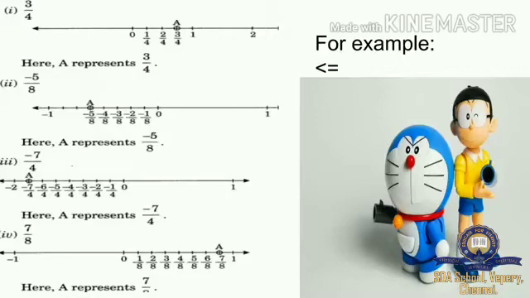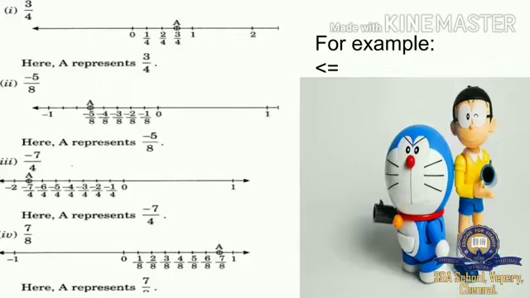If we, for example, what will be the 1 unit for 8? If we divide 8 by 8, minus 8 by 8, you should go from starting to ending like that. For example, minus 1 by 8, minus 2 by 8, minus 3 by 8, minus 4 by 8, minus 5 by 8, minus 6 by 8, minus 7 by 8, minus 8 by 8. Minus 8 by 8 value is minus 1, right? That is the ending point for the correct representation. Till the number gets 1, that will be the unit.